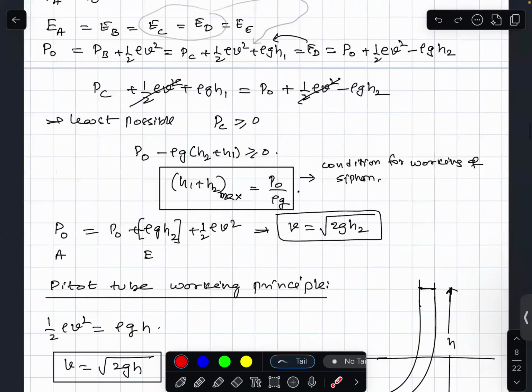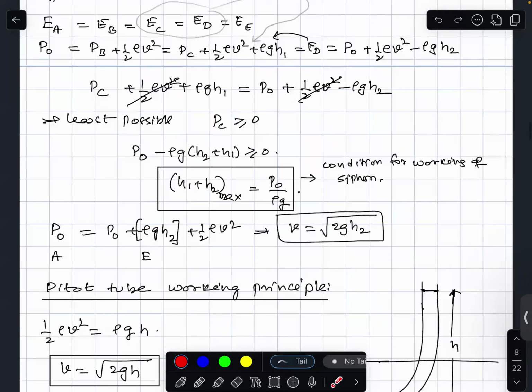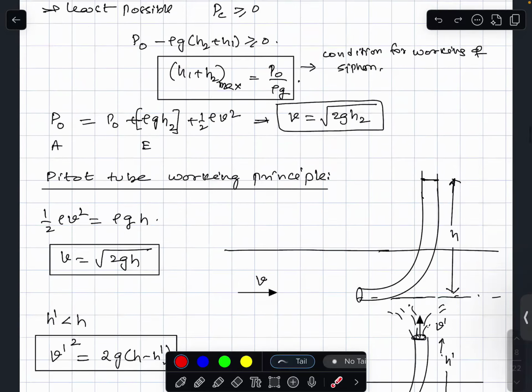Therefore V is equal to root 2GH2. This is also one of the emphases. Now what will happen in this chapter? You will simply substitute contents. So siphon is one important application related to this. Next,